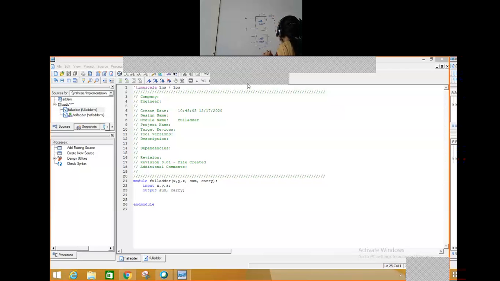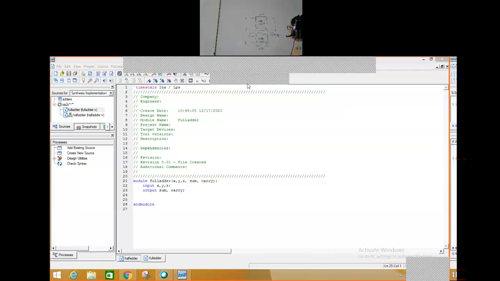This is given as an input to the second half adder, along with the next input Z. So what happens to my output? X XOR Y is the one input that will be XORed with Z, right? So this is the sum I'll be getting. Let me write this as sum. Are you able to see?